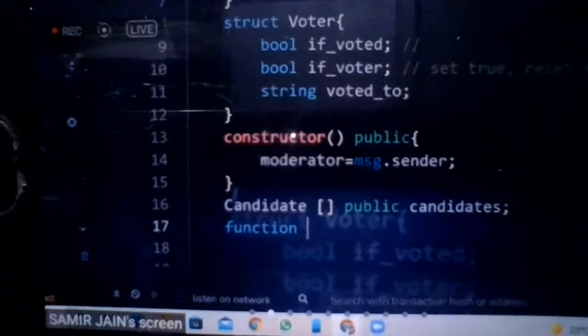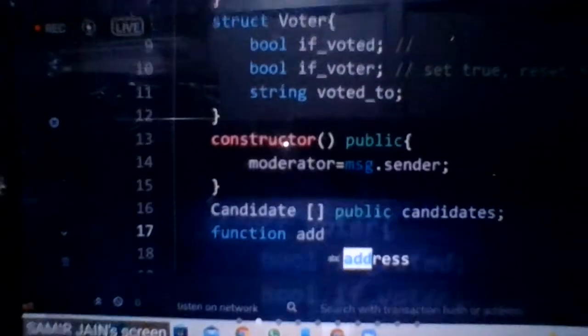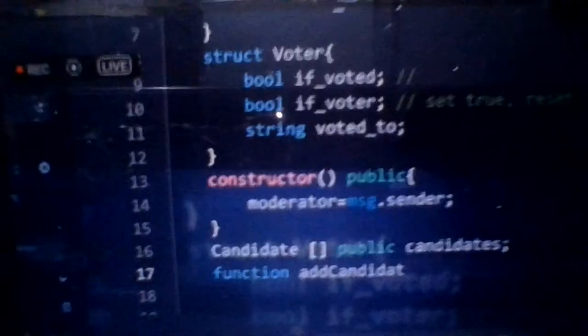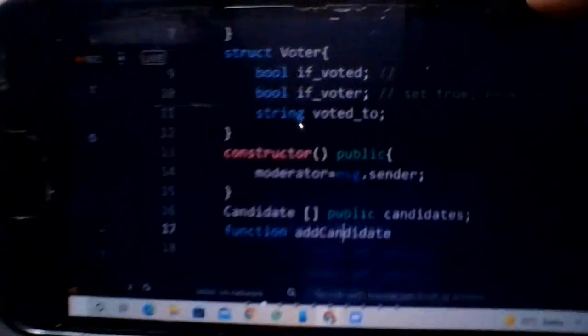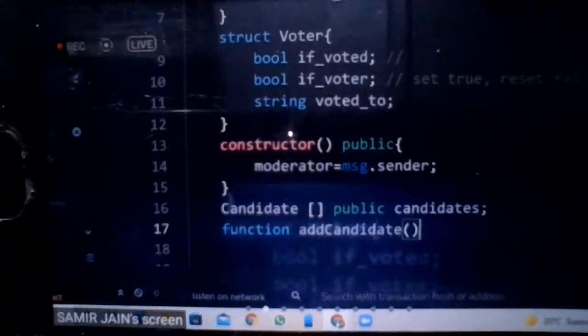So function addCandidate. I am going to add a candidate using a function. So I will type function, then the name of this function, addCandidate, and then whatever arguments are there.